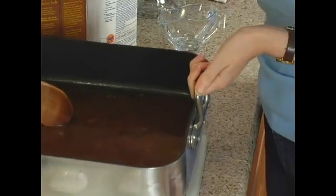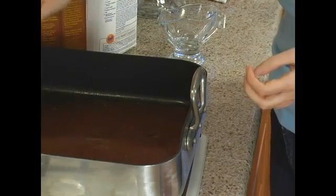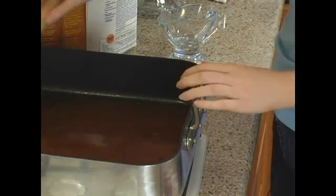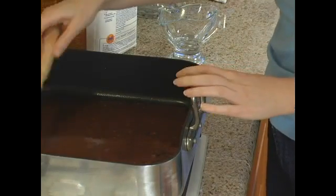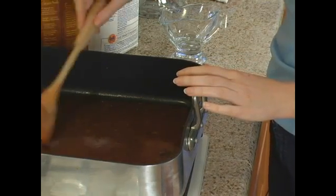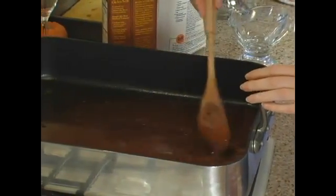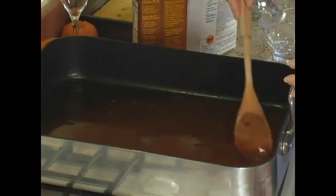Now you can see the gravy has gotten a lot thicker. It's about ready to serve. We want to make sure that we get up all of the bits of turkey that have been stuck to the bottom of the pan. This is where all the flavor is, and all those little brown bits of turkey and stuffing pieces that fell